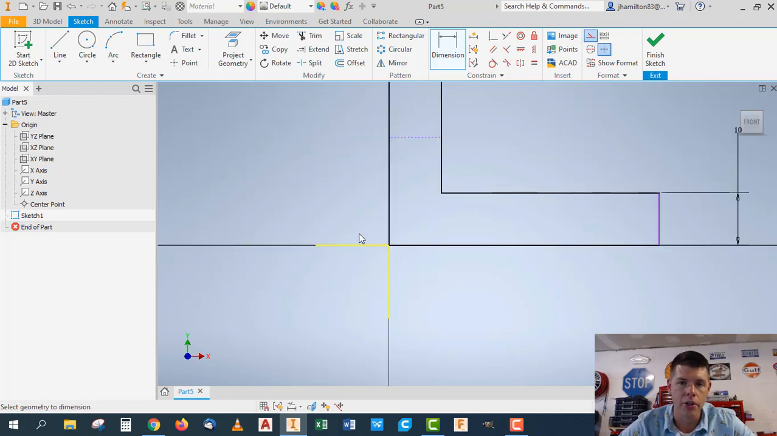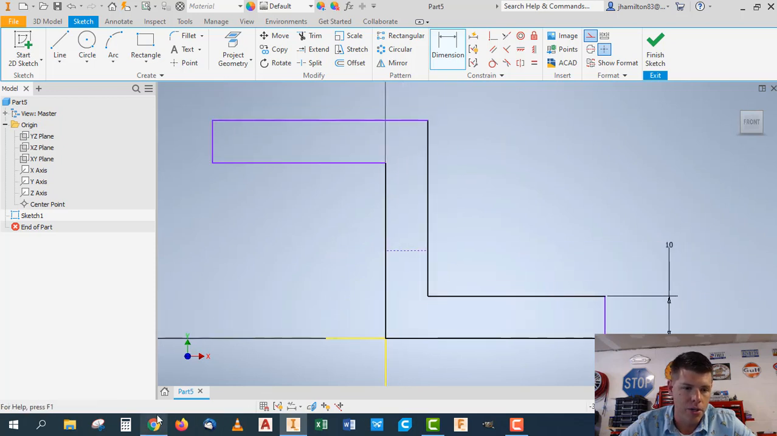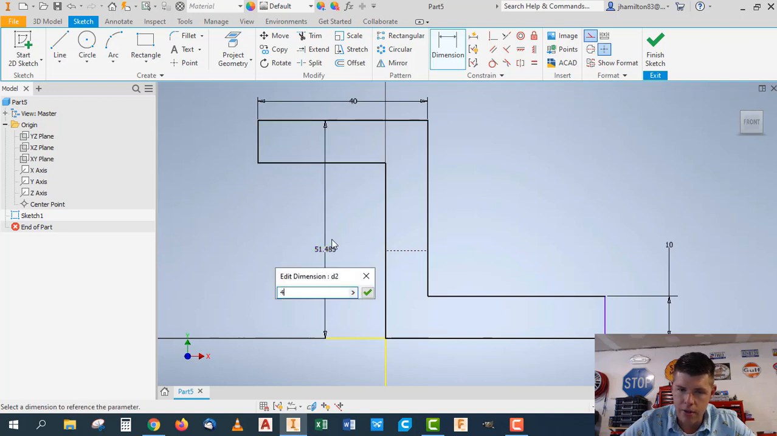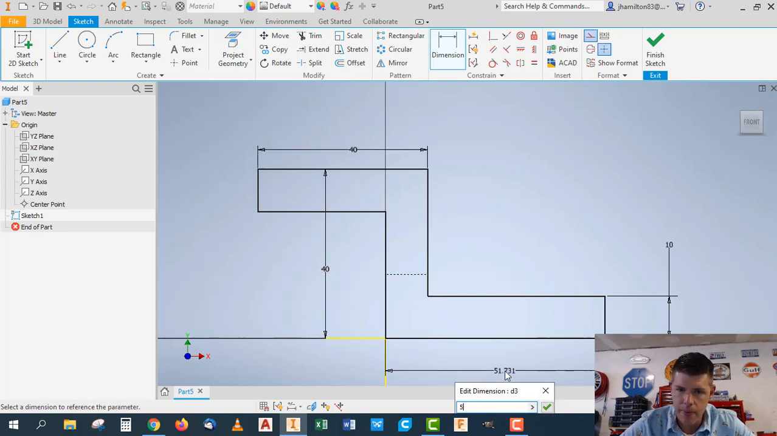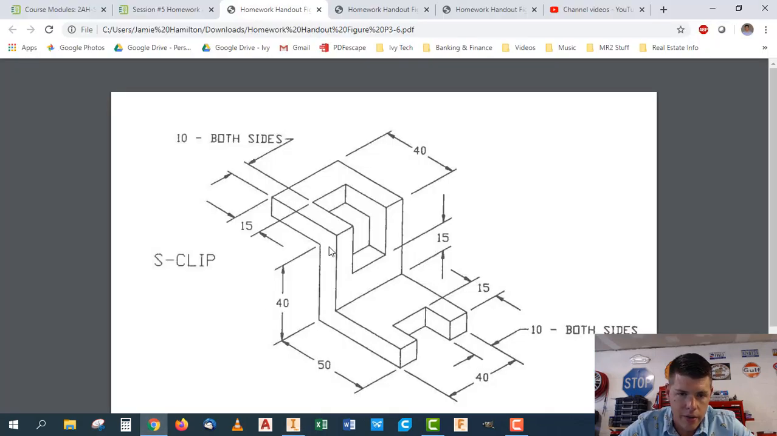Zoom out, or you can double click your scroll wheel for a zoom extents. And if we check our dimensions, I believe this was 40, the overall height. We'll check these when we get done. And I think this was 50, I hope. Let's see how I did. So if we go back,